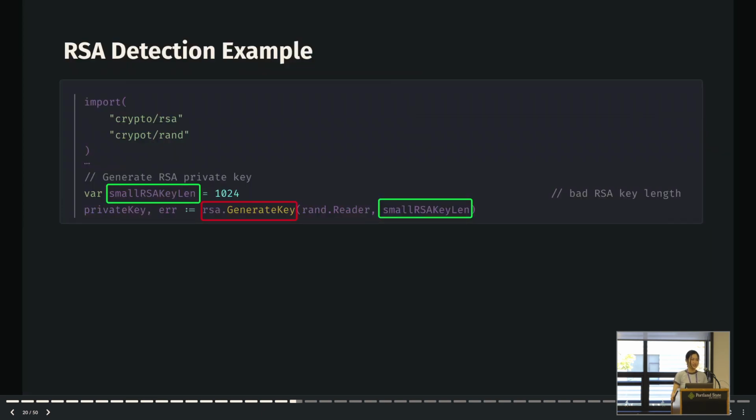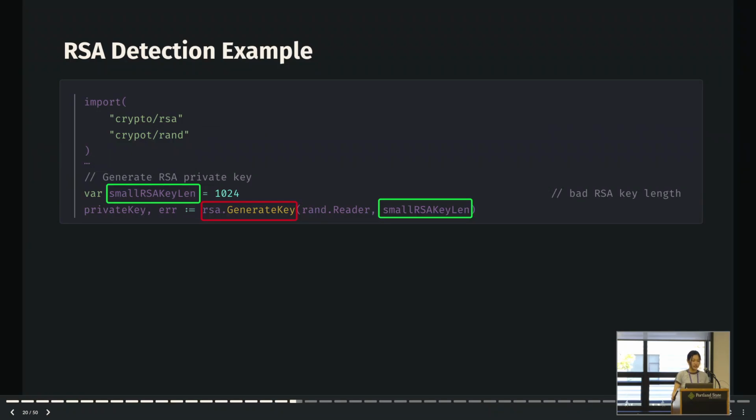Okay, so back to RSA encryption. I want to connect the dots here and show you a practical example of how CodeQL can detect the usage of RSA in the codebase. We have a simplified example here in Go language, where an RSA private key is generated using the standard crypto RSA package. The user specifies the key length as 1024, which was disallowed by the National Institute of Standards and Technology, NIST, 10 years ago, back in 2013. So it's definitely weak, and we should avoid using 1024-bit keys, of course.